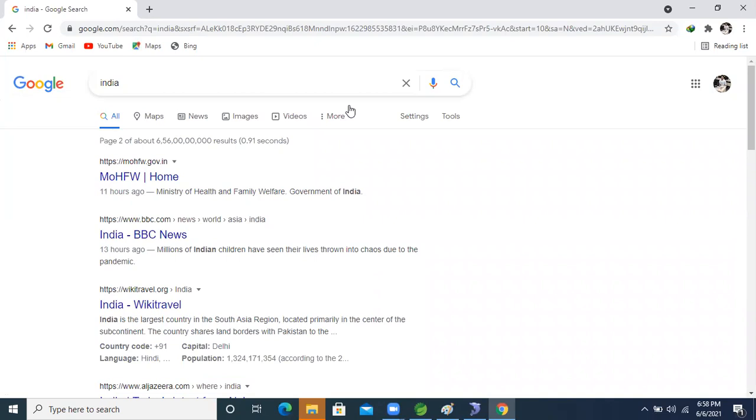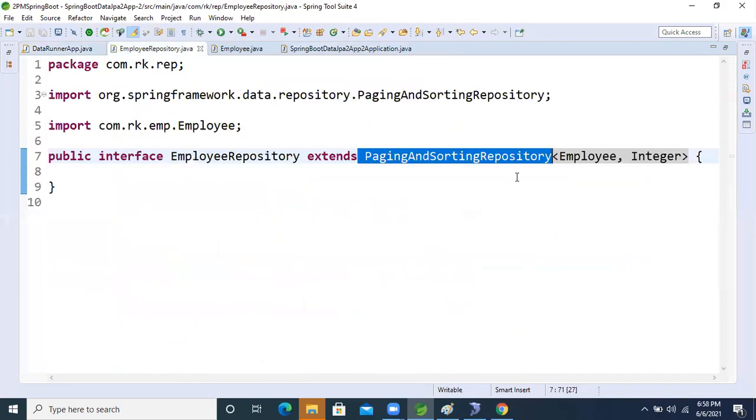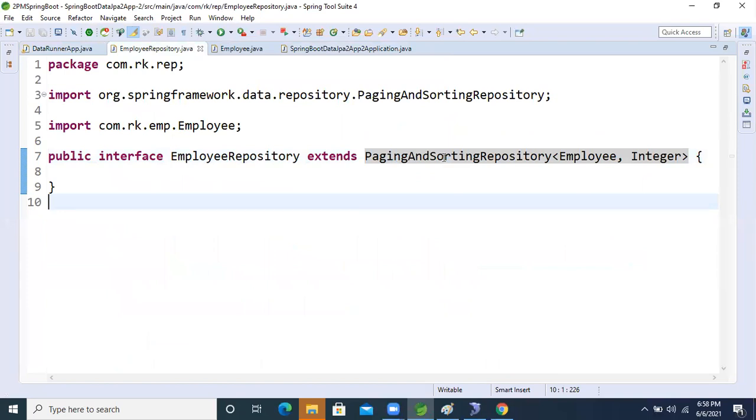Now come inside the Spring repository. This is there, right? One minute, the system is not giving the suggestion now.